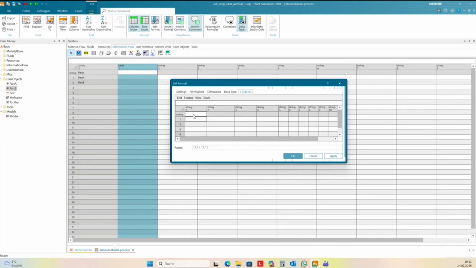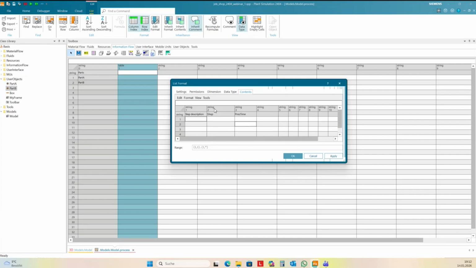I need at least 3 different columns. First should be a description of the step. Second is a shop where this step should be processed. And the third column is proc time.